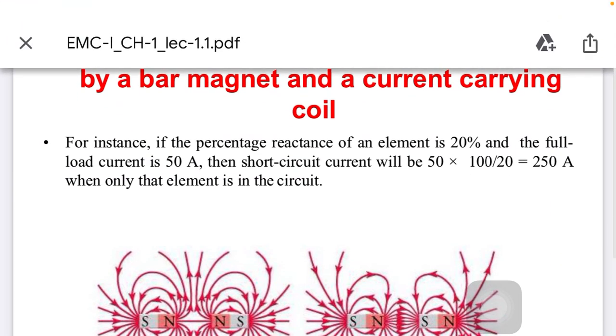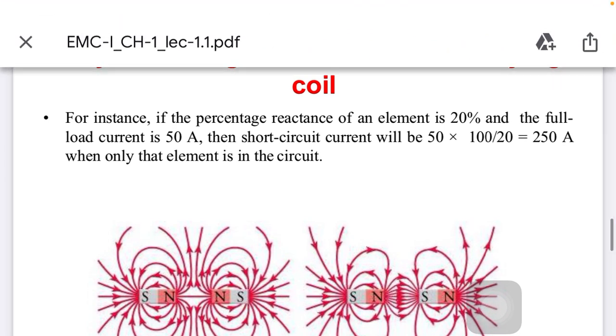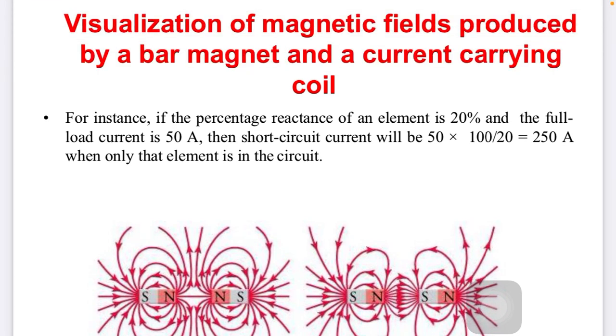Now, visualizations of the magnetic field produced by the bar magnet. These are all the headings which I copy pasted directly from the GTU syllabus. Okay, so we are studying as per the syllabus which is already defined by the GTU, right? So we have the flow of the GTU syllabus of chapter number 1. Visualizations of the magnetic field produced by the bar magnet and current conductor.